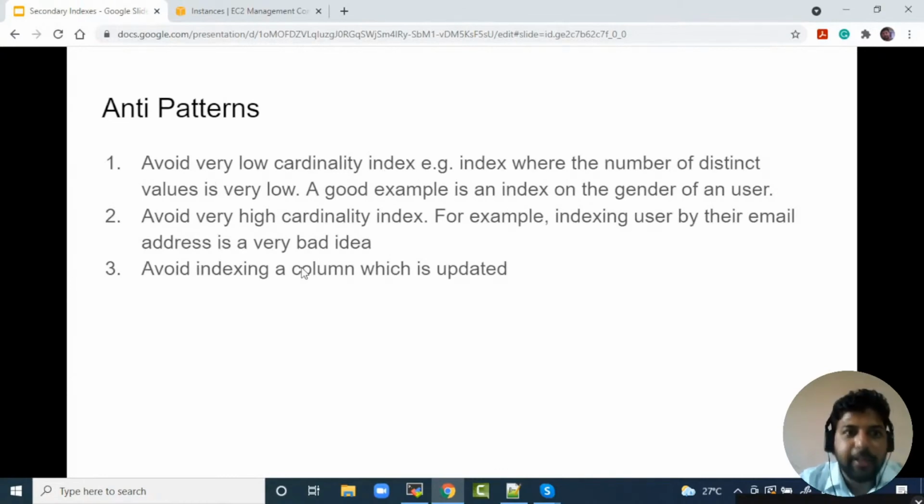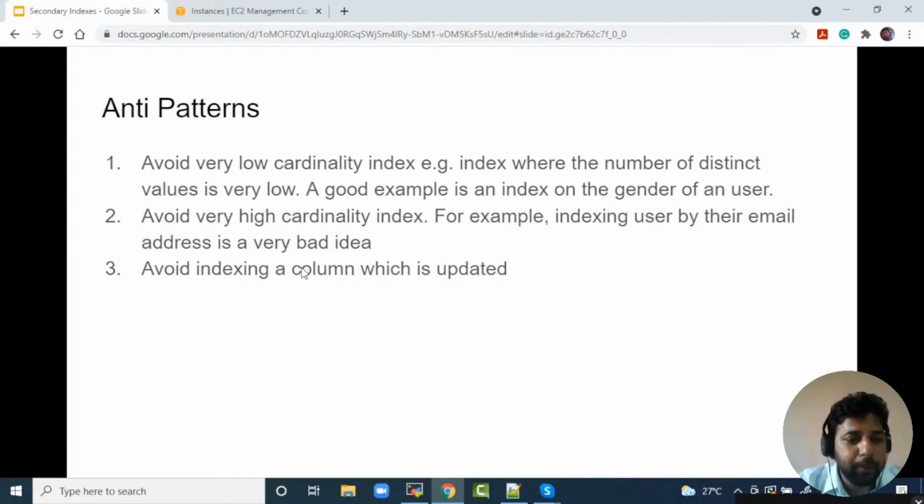Now, this is very important, especially if you are from the traditional RDBMS world. You have to know the worst anti-patterns, because I see most developers coming from RDBMS tend to create indexes, right? That is what happens in traditional RDBMS systems. Whenever there is a query performance issue, a DBA or a developer tends to create a secondary index. It's a very common practice, and in most cases it will resolve the issue. But in Cassandra, it is not the right practice to create indexes on whatever columns you want.